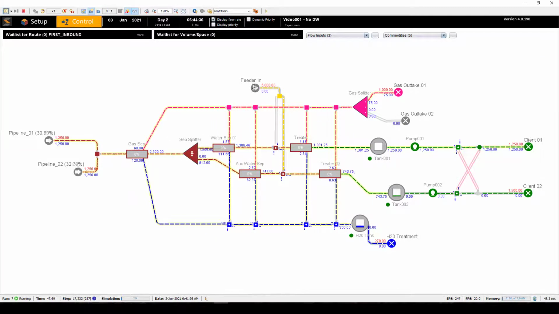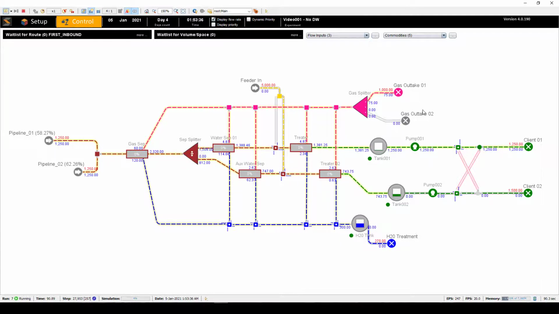There is also a feeder that injects a feeder emulsion that blends with the original emulsion blend from the pipelines, consisting of only water and oil. The water removed from all of the separators and treaters is collected in this lower line to be stored in this tank, which is then distributed to the water treatment facility. The gas removed from all the separators and treaters is collected in this line above to be split into these